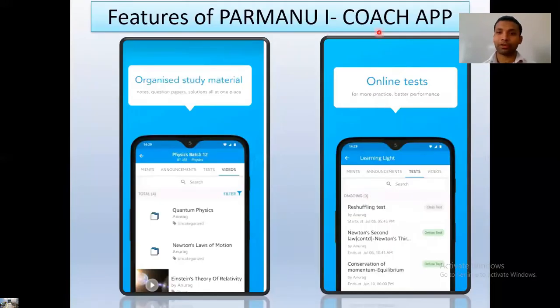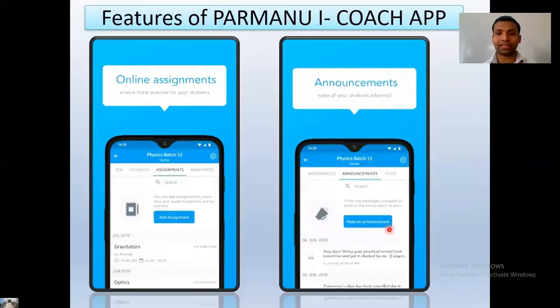Features of our Parmanu iCourse. As you have seen already, there is organized study material. All the video lectures of all the subjects are assigned to you as per your batch. Online test: as per your batch, you will give the online test for each lecture. Then there are online assignments for each lecture. Then there are announcements.